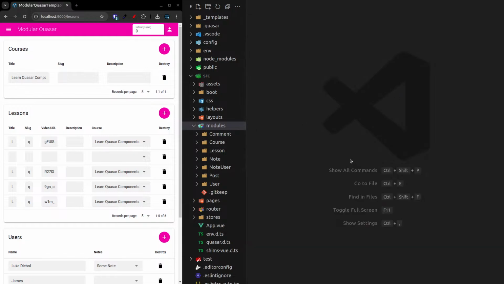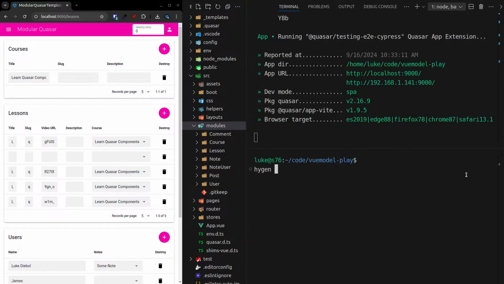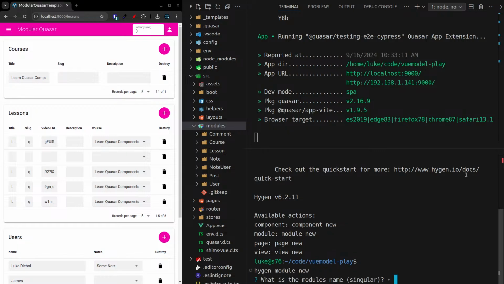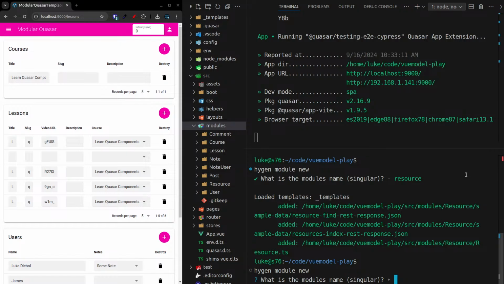So I believe the word I'm going to use is a resource. And we'll have a many-to-many relationship between a lesson and a resource. So that'll be a resource lesson, QRST, yeah. So let's say hygiene module new. Oops, hygiene module new. This is going to be called a resource. And then we'll say hygiene module new